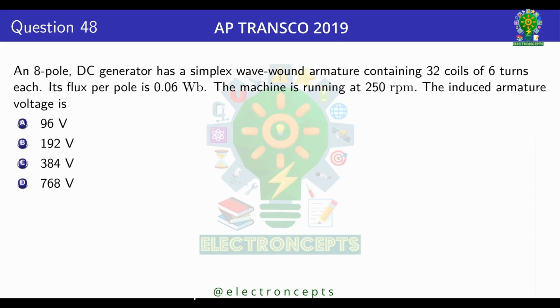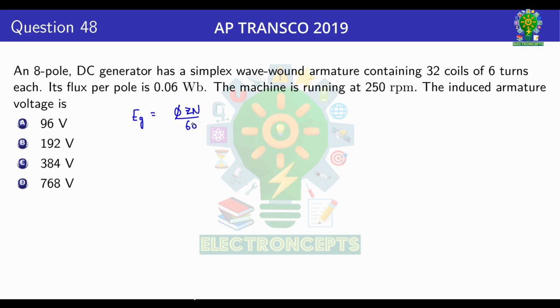Question number 48. An 8-pole DC generator has a simplex wave-wound armature containing 32 coils of 6 turns each. Its flux per pole is 0.06 Weber and the machine is running at 250 RPM. We need to calculate the induced armature voltage. We know that induced voltage is equal to phi Z n by 60 into P by A. In the question, the value of phi is given, n is given, and the number of poles is also given, and for simplex wave, A is equal to 2. Let us calculate the value of Z, which is equal to the number of conductors,